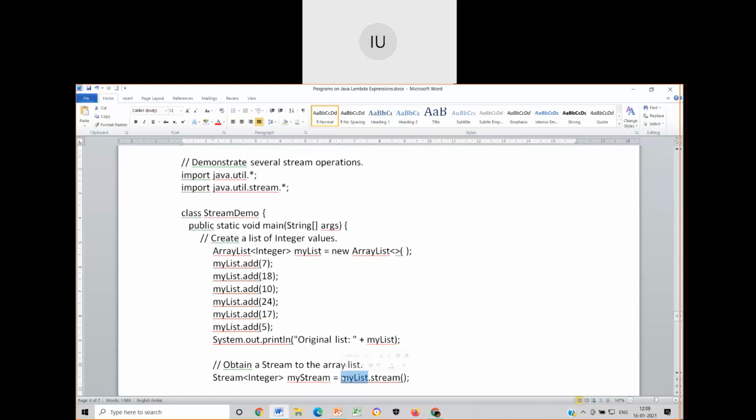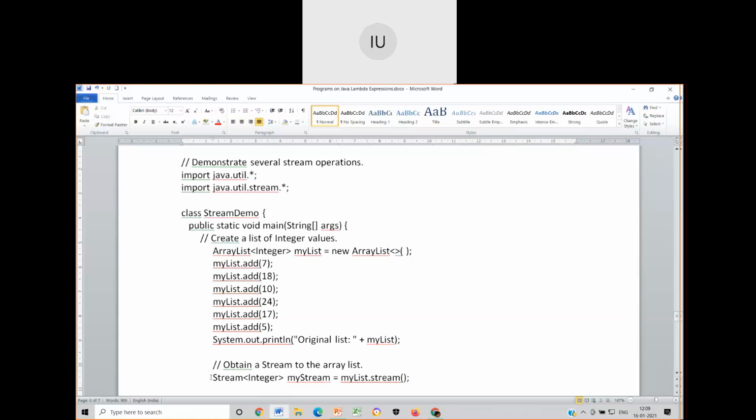You have a simple function call of the Stream class, called stream, all in small case letters, and you call that with reference to the collection class, the collection of data for which you are generating the stream.